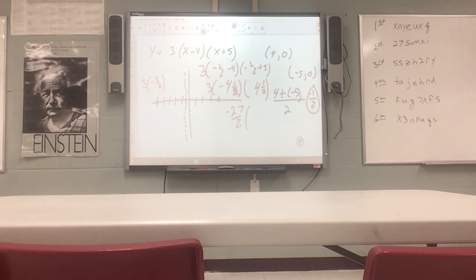And then I gotta multiply that by another 9 halves. So that's gonna be 27 times 9, which is 243. Okay, so now, because I don't have any idea what that number means on my graph,